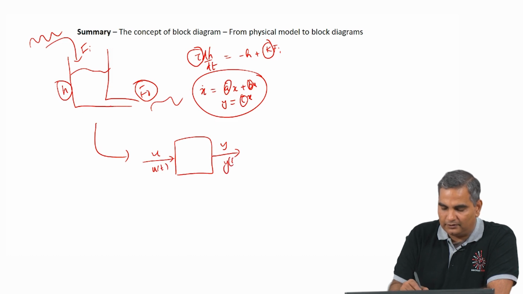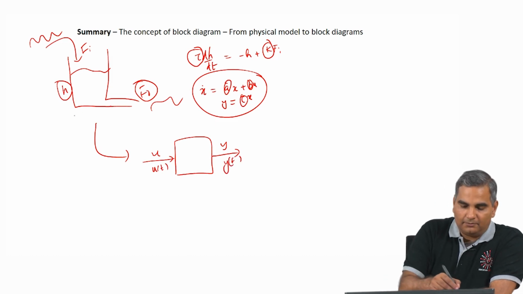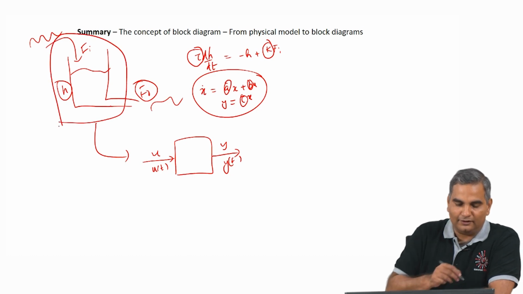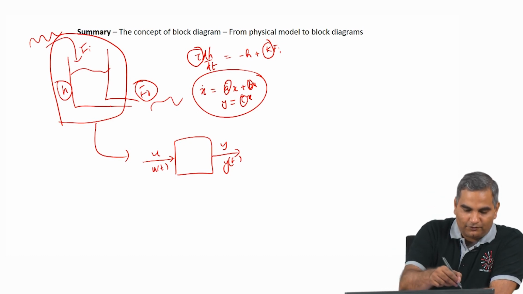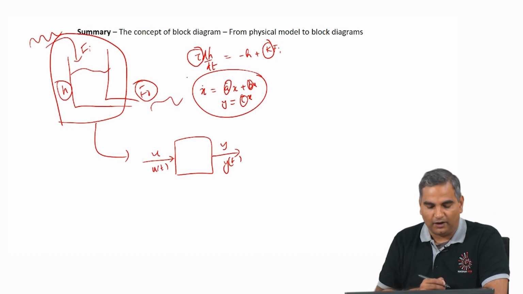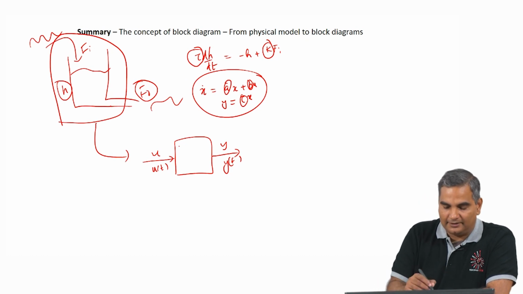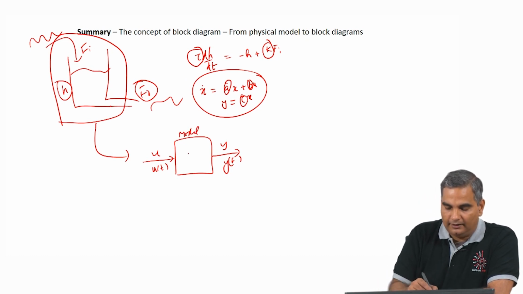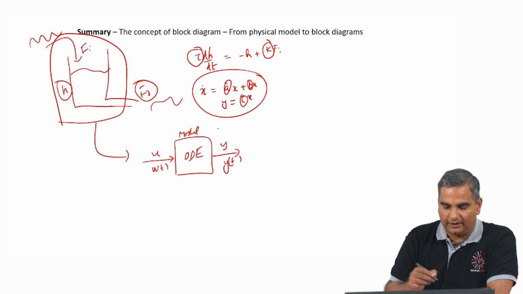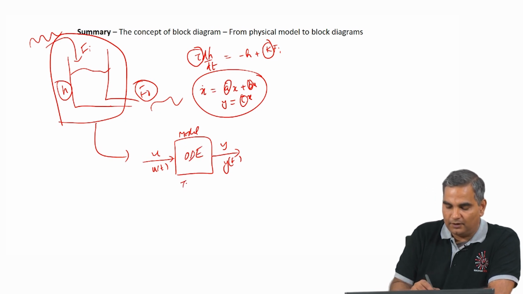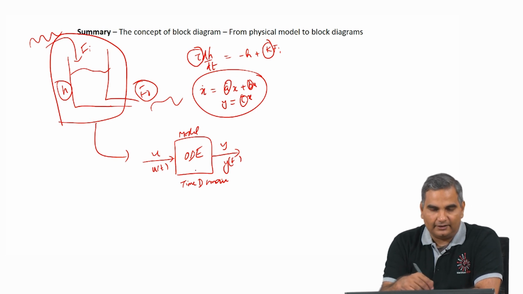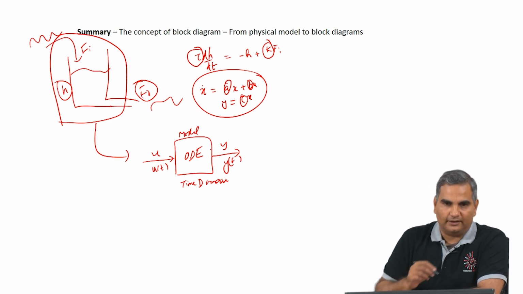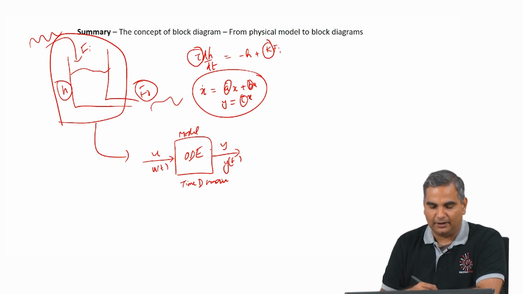The reason why I am putting this in a block is because this is a block in the real tank. So, here again there is some input fi and actually some output f naught that we abstract out as a model of the process, and if this is an ordinary differential equation like what we have been using till now, then this model is basically in the time domain. Okay. So, the reason why I am doing this is I just want to emphasize again that this time domain model has constants which reflect reality. They are not some abstract numbers that comes out of somewhere.